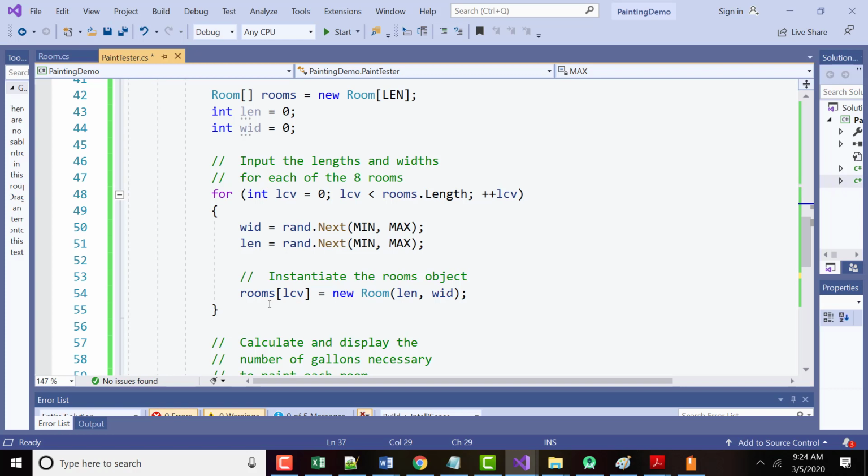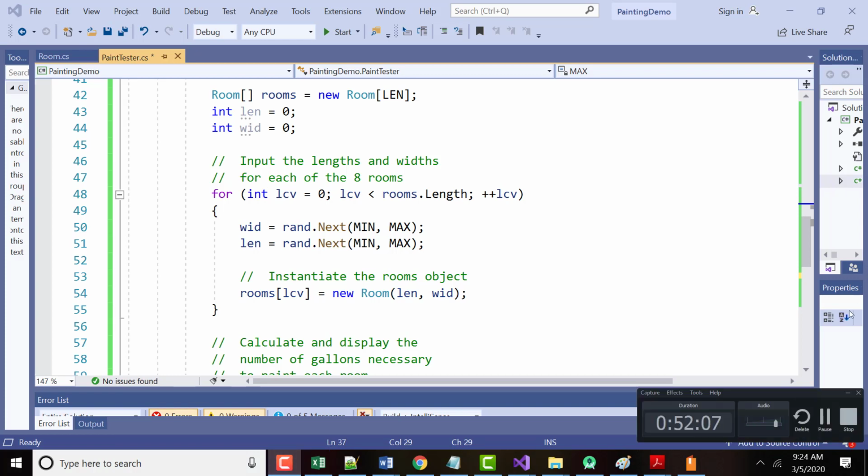Okay, we'll take a look at it then. But everybody else has got it working, correct? All right, so I'm going to stop this part of the tape and